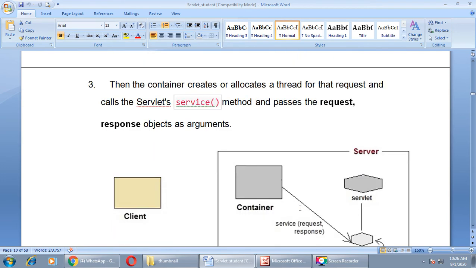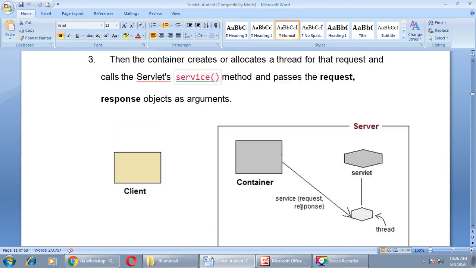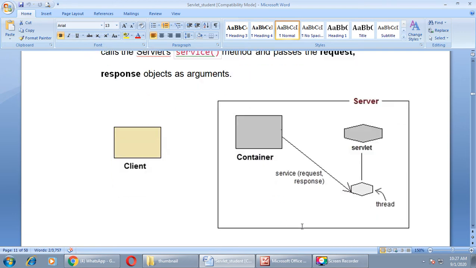In the third step, the container creates or allocates a thread for that request and calls the servlet service method and passes the request and response objects as arguments. Here in the third step, the container allocates a thread for the particular servlet and sends a message through the service method, and as parameters sends the request and response objects to the servlet.